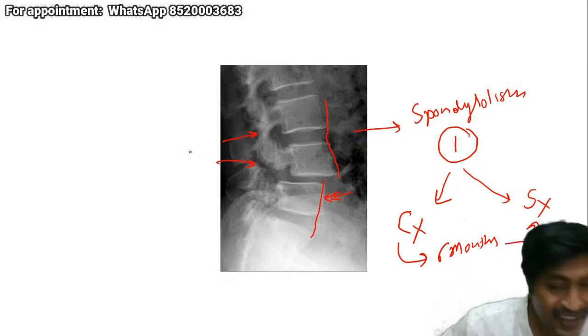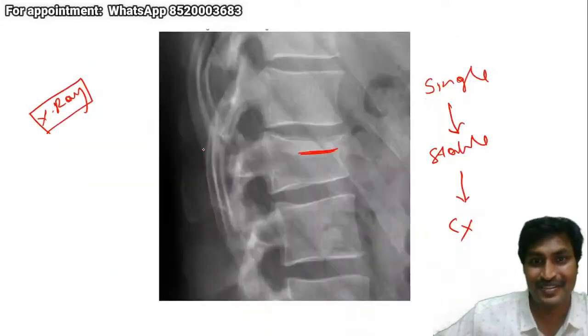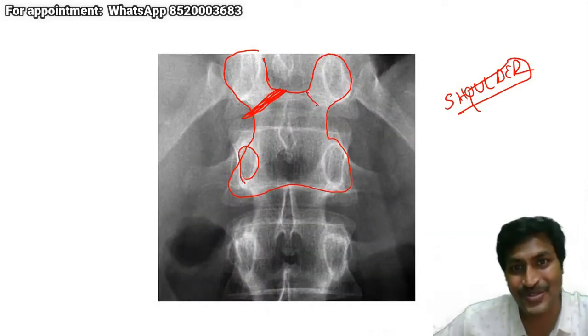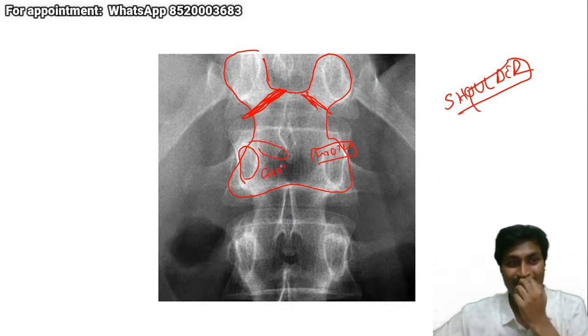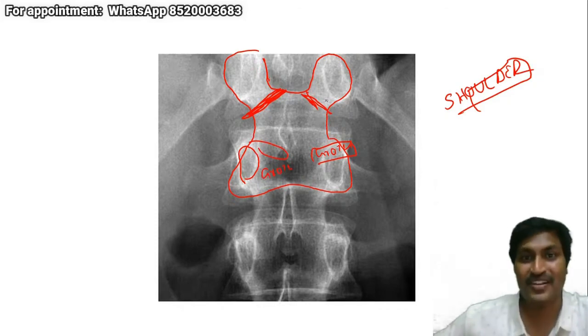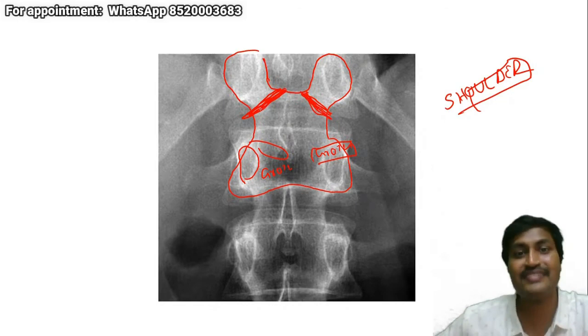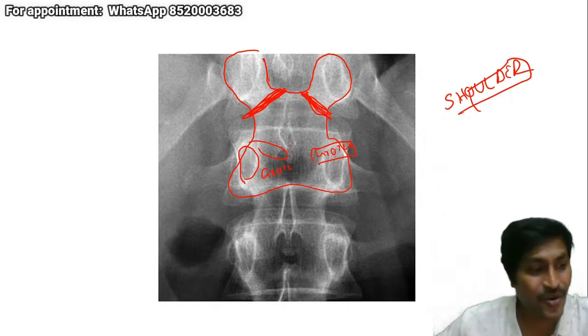Someone is asking, butterfly has 4 shoulders? No. A human being has only 2 shoulders, so the butterfly has only 2 shoulders. This is the groin. The groin is not important for us. These 2 are the groins, and they are not useful for us. What is useful is only the shoulders. Fracture of the shoulder is fracture of the pars interarticularis. We have no role with the groin.